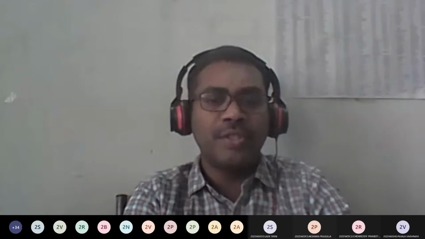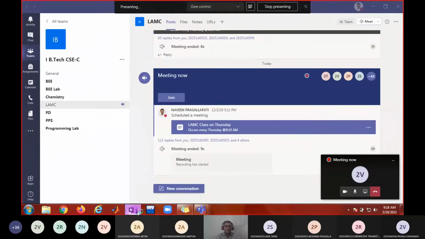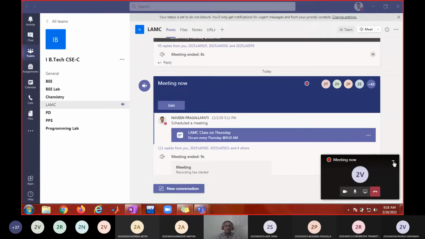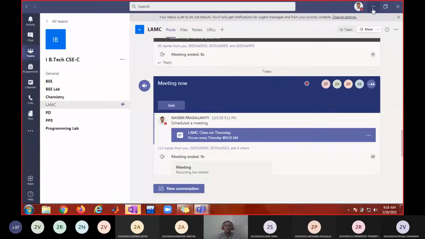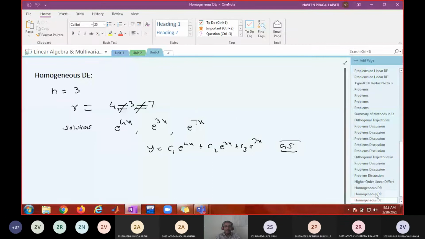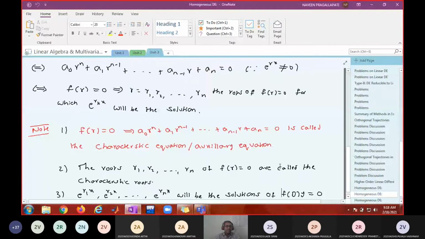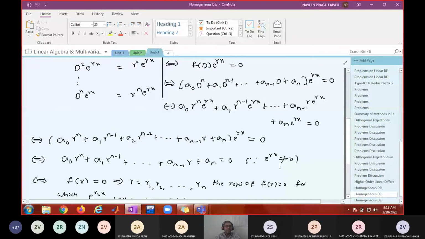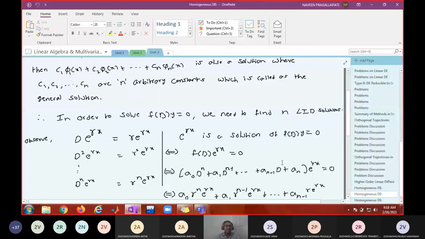And after that we were discussing homogeneous differential equations, solutions of homogeneous differential equations. And before solving the homogeneous differential equations, we have seen some properties of solutions of homogeneous differential equations. Okay, so what are those properties? If you have two solutions, the sum of their solutions is also a solution, right? And if you have one non-zero solution, it can generate infinitely many solutions.